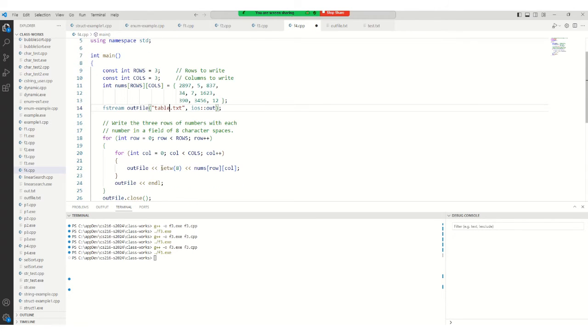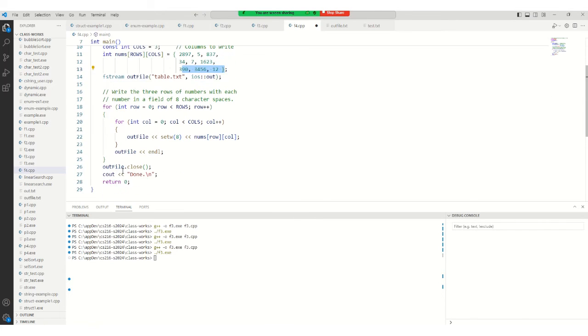But here is the deal. You are setting the width of each column to be of length 8, meaning 8 character wide columns. So each column will occupy 8 characters. So what we are doing, we are writing each of the rows here. The characters are spaced uniformly, and then outfile endl, because we are writing line by line, so we have to write one line first, second line second, this one third,